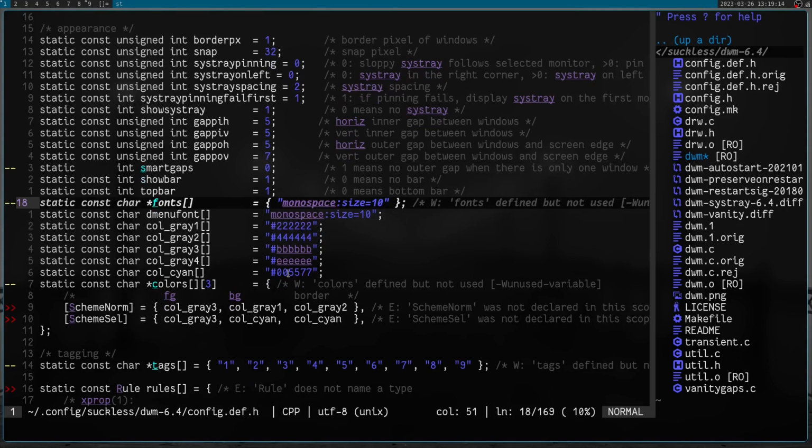These are our colors. So one thing I want to do right now is change the color scheme because I'm not a huge fan of the DWM blue that goes on up here, and I don't like having a full colored bar